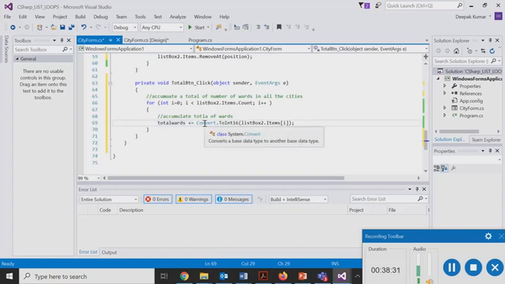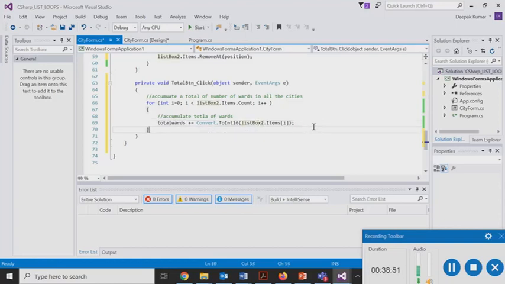So plus equal to means that total wards is equal to total wards plus the next value that comes up from the items list in list box 2. Remember, our list box 2 contains the number of wards, so it will pick up the number of wards and keep on adding them into the total wards variable.